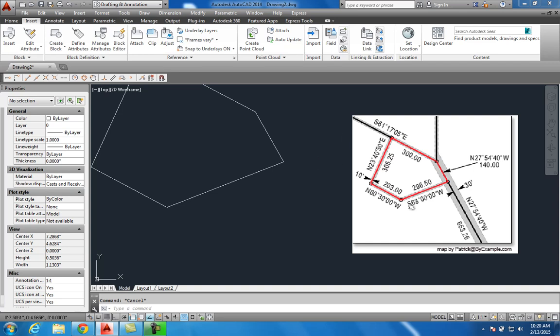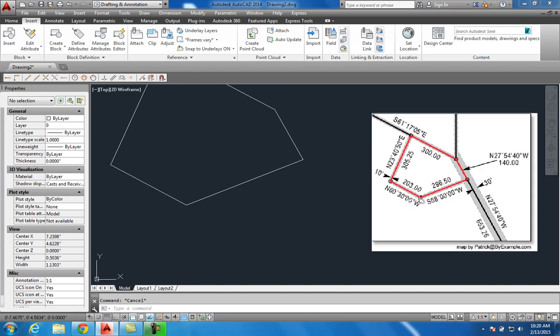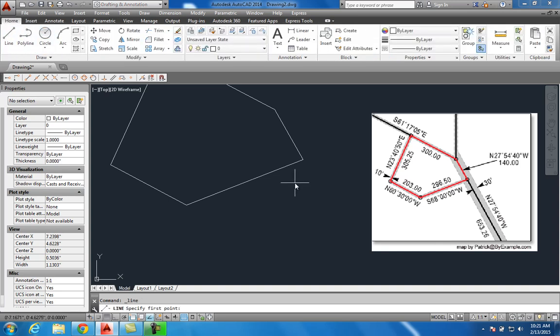But for us, this is what we're going to do. First, we need to get the direction of all this stuff in the right way. So this 68, we're coming down 68 degrees west. So what I want to do is go Home, Line. I want to start a line right there, and I want to type in @ and I'm just going to put in a number. We'll do 50 foot angle south 68 D for degrees